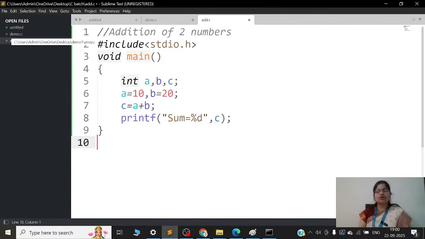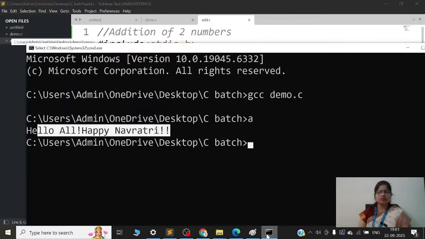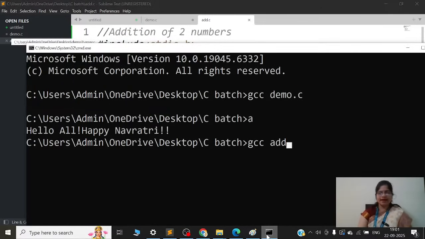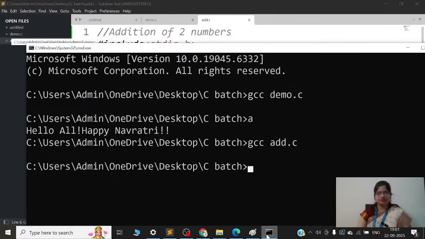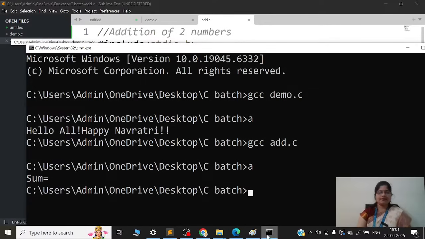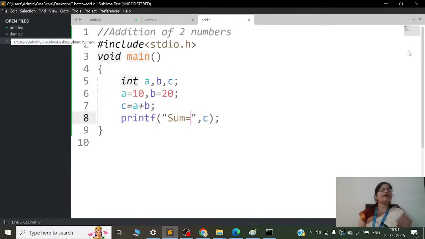सी, अगर हम ये यूज नहीं करते हैं %d तो क्या होता है देखो. आई विल रन दिस प्रोग्राम. gcc add.c. सी, a.out. सम इक्वल टू, कुछ प्रिंट ही नहीं हुआ. रीजन इज यू नीड टू स्पेसिफाई द फॉर्मेट स्पेसिफायर. सो सी क्या कर रहा है? ये 10 plus 20 30 वैल्यू होल्ड कर रहा है, बट वो डिस्प्ले क्यों नहीं हो रहा है? सिंस यू हैवंट यूज फॉर्मेट स्पेसिफायर.